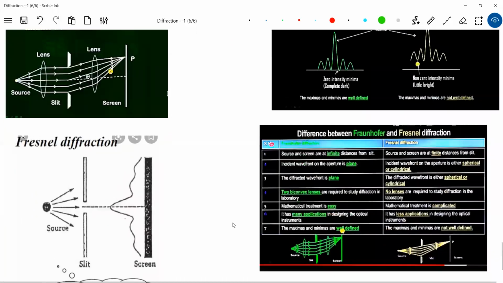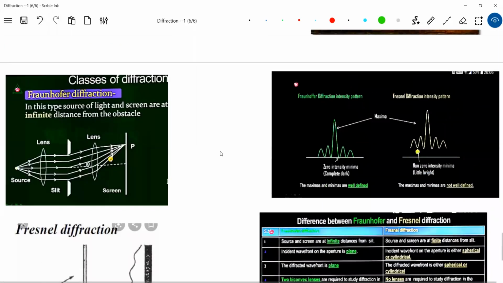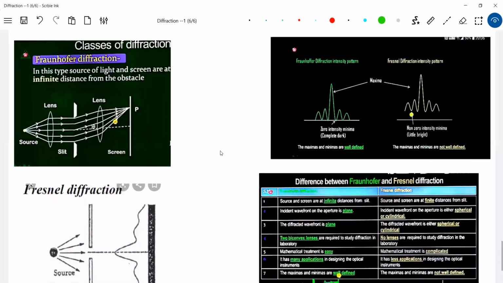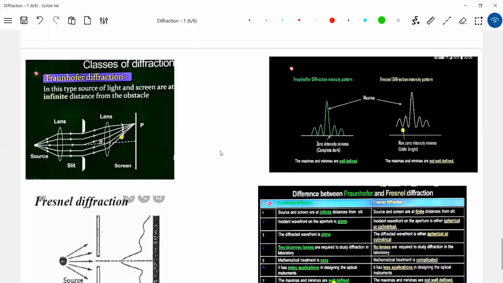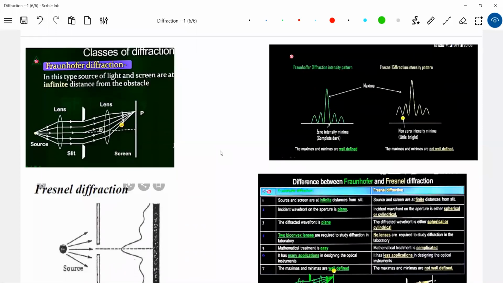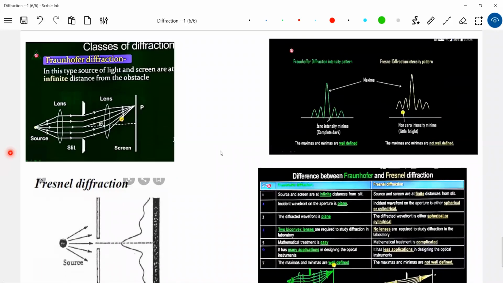Again, to explain diffraction, we have two types: one is Fresnel, another is Fraunhofer. What we discuss in our syllabus is Fraunhofer. Now for that, this is the source. I'll keep a converging lens here, and keep the source at the focus. After the lens, the rays will become parallel and they'll undergo refraction. Again, I'll get an image here, and the pattern formed will be of this kind.